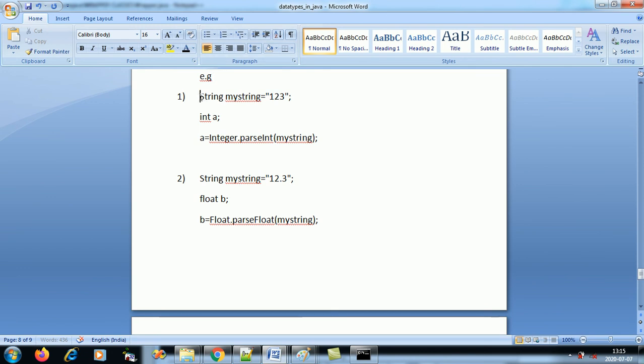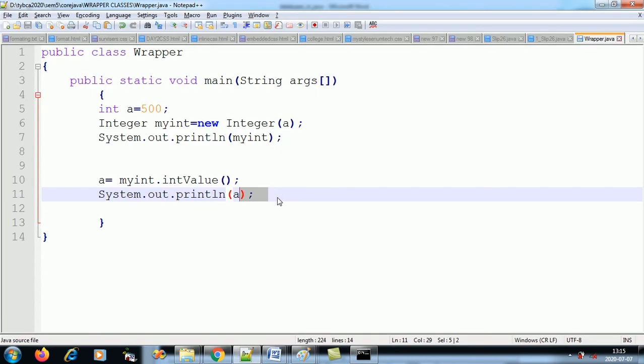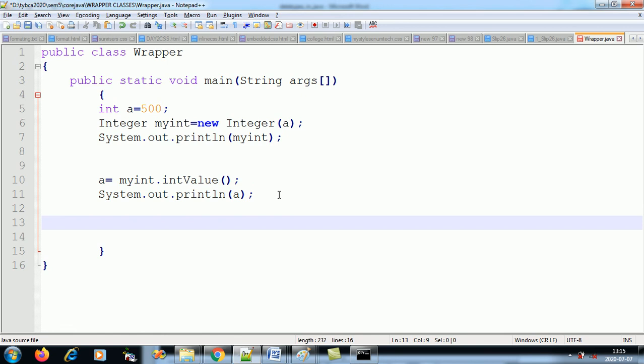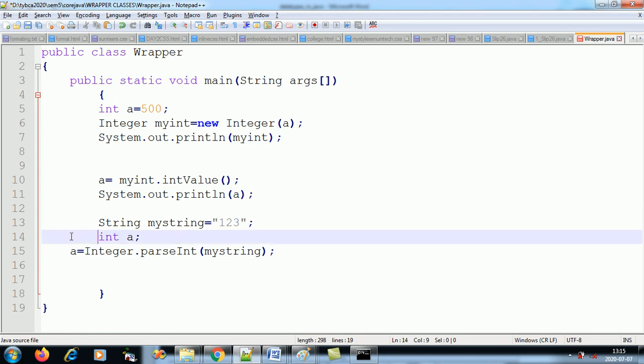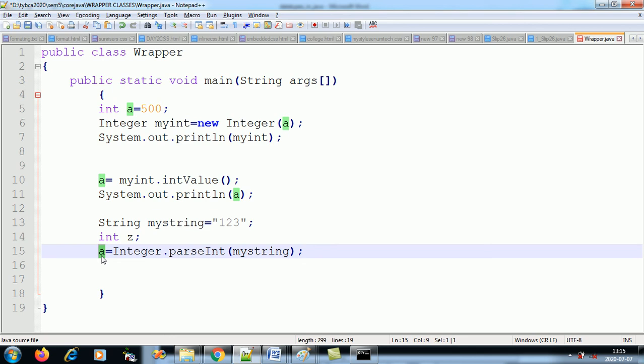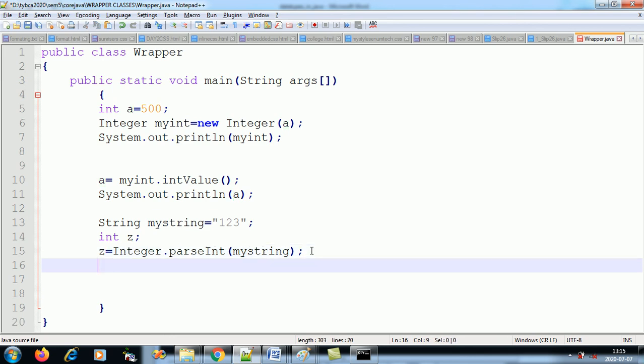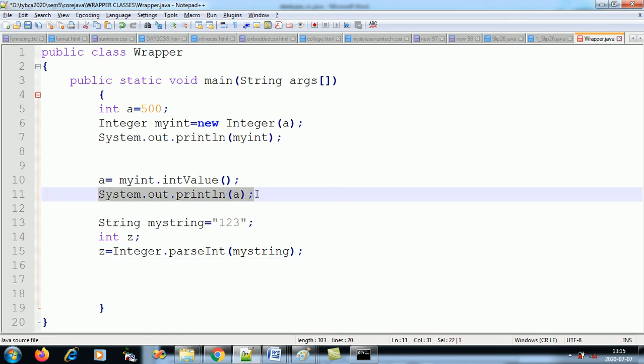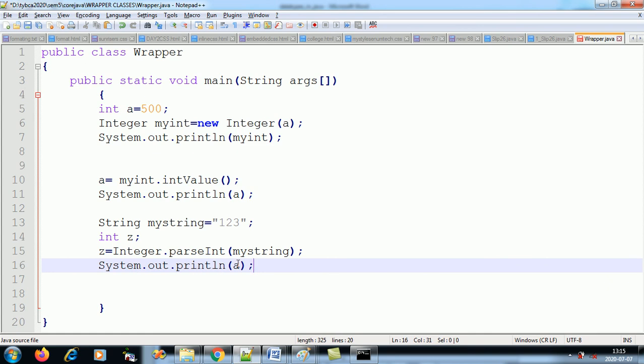So you can convert a numeric string also. So this is my numeric string. There should not be any ambiguity in the variable. Let's take it as z. Integer.parseInt. And now if I display the z, over here, it should display me 1, 2, 3.